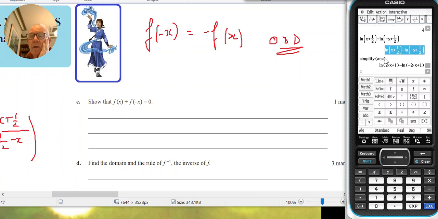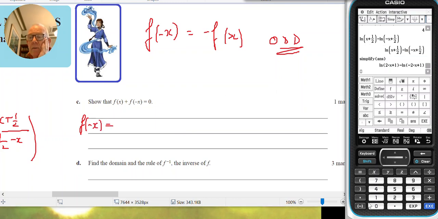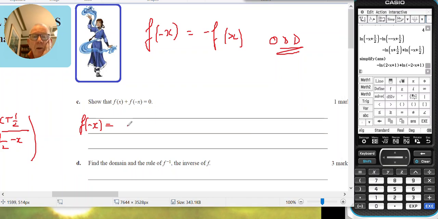So f of -x will equal, if I put a negative there and I put a negative there, log base e of 1/2 minus x minus log base e of x plus 1/2,